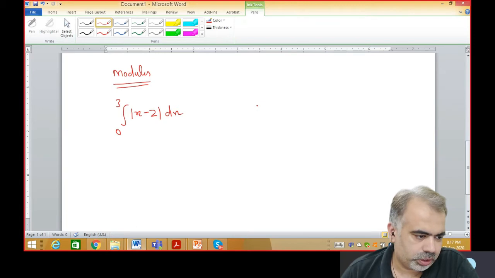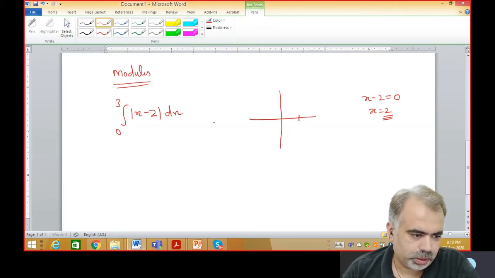What you have to do for this, first of all, you have to understand for x minus 2 what I suggest you should do. You should put it equal to 0 and calculate the cut point. This I am calling the cut point, and then you have to draw the graph. The cut point is 2. It means the graph of this modulus is like this. You have to place 2, and at the 2 you have to design this V curve. The V curve is basically for the mod. So let us suppose this question may be x minus 3, then in that case this point will be 3. This is the cut point, and how did we calculate it? By putting it equal to 0.